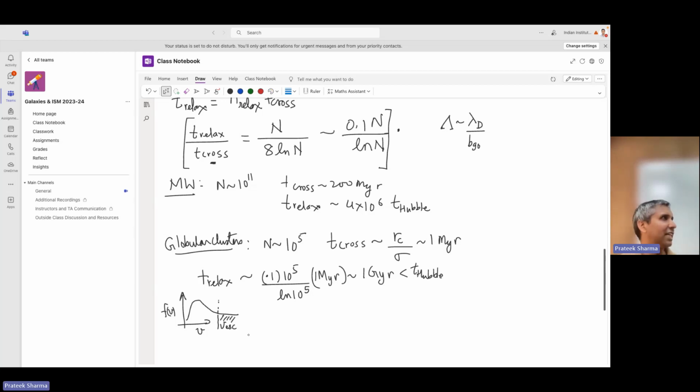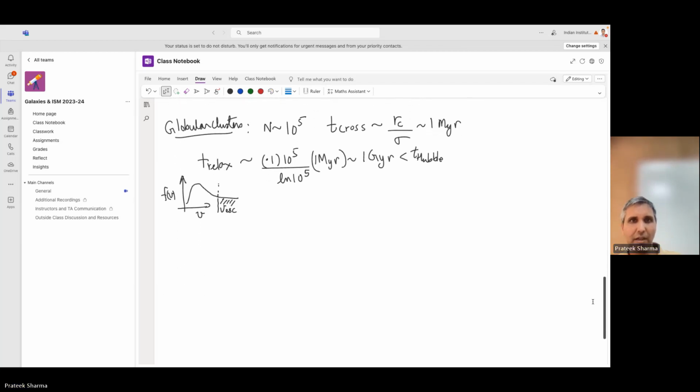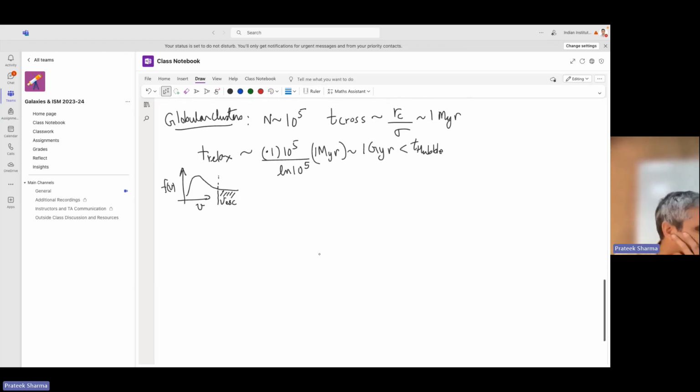Then because of collisions again, the distribution function will try to relax to a Maxwell-Boltzmann with the tail. So all this tail is populated because of collisions, and because of that, it slowly evaporates. A globular cluster can evaporate over its lifetime. Okay, so this is an important concept that you should be aware of. What else? Feel free to stop and ask questions.